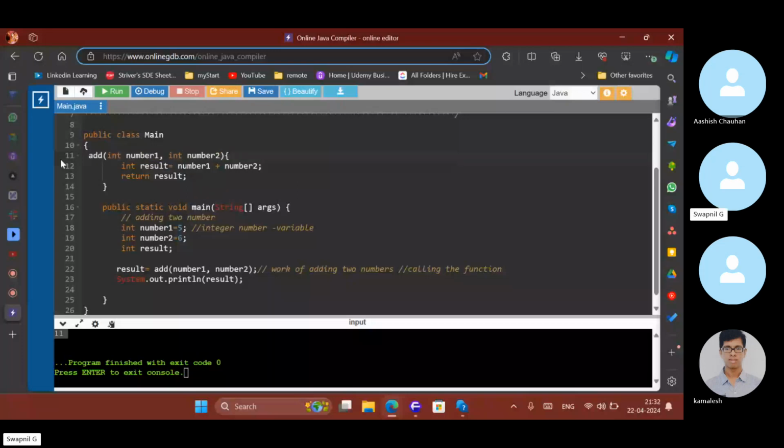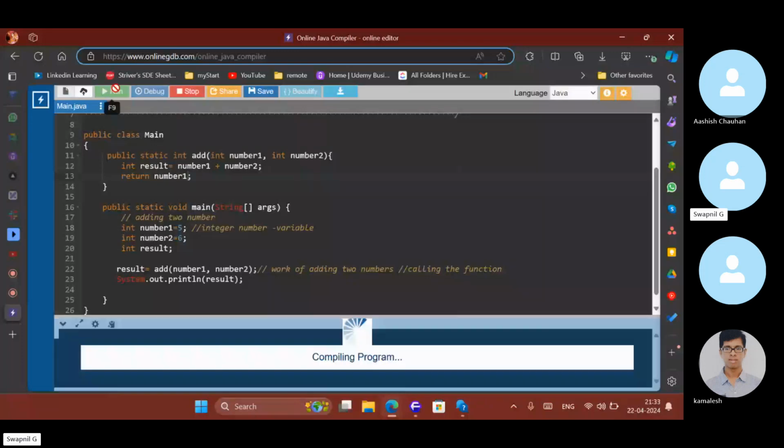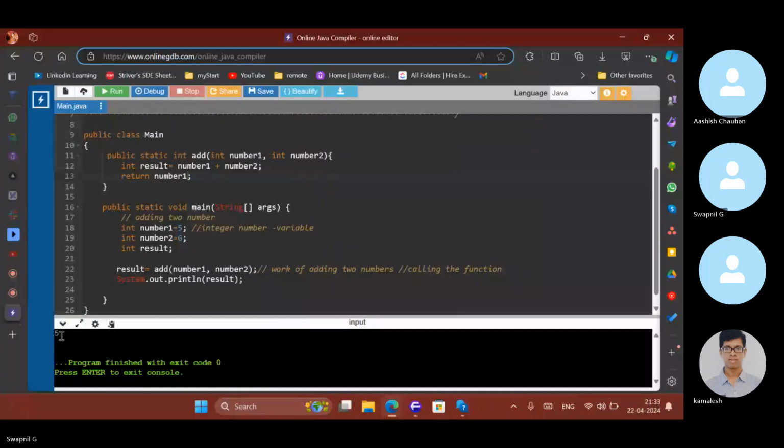So what we saw is that if we wanted the result, we got the result. But now think clearly, what if we have returned number one? Let's see what answer I'm getting. Can you see that? My logic is correct, everything is correct. What is different over here? What is wrong over here?